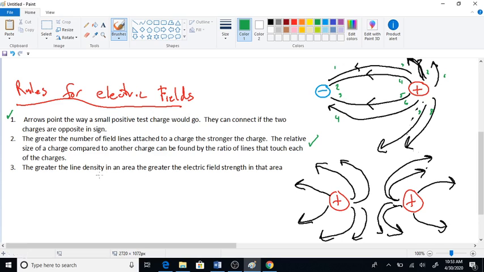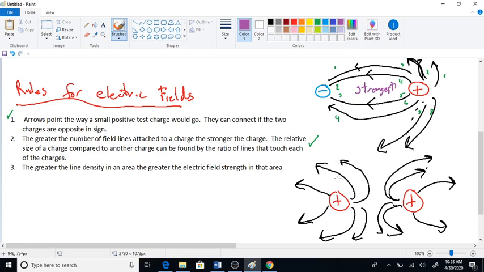Now, the greater the density in the area, the greater the electric field strength in that one. So the greater the line density. So where's the line density here? In between these two, there's more lines than anywhere else per unit of area. So the field strength is the strongest here. So you could say strongest